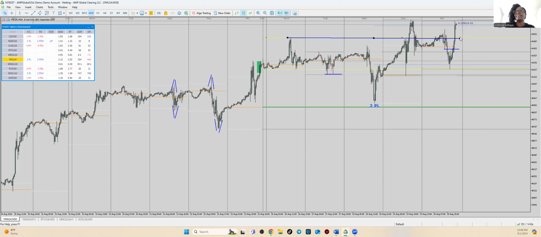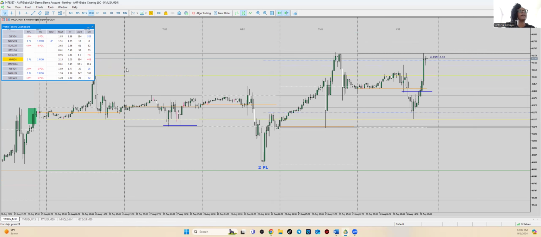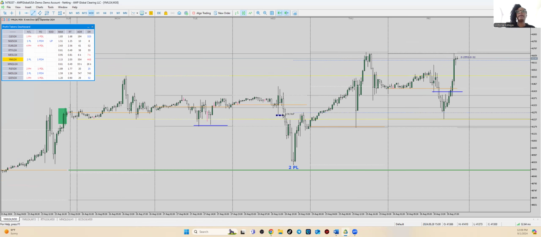So as I was saying, we were looking for this thing to perhaps close a bit lower than the open. It did not. But even though it was a little tricky, guys, it still responded as it was supposed to, breaking both sides, giving a signal for a short trade, which it did. We got the short trade. And then we had a little bit more signals that did occur that day to let us know that, okay, it's happening because we had the low. They put in that low, guys. And now that we have this low here, and then we had the high that, of course,